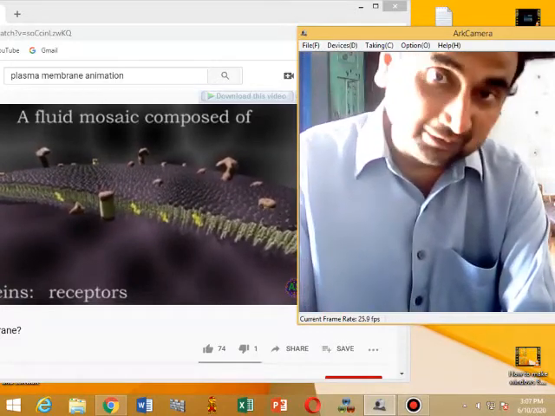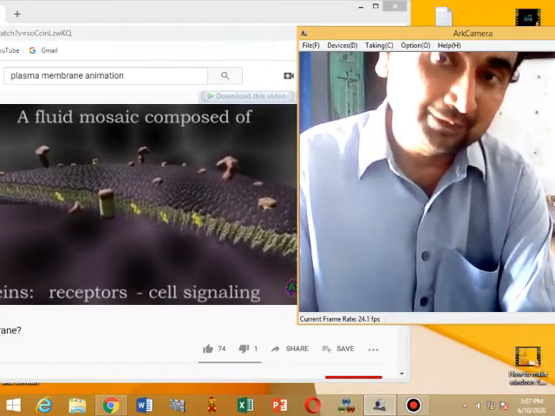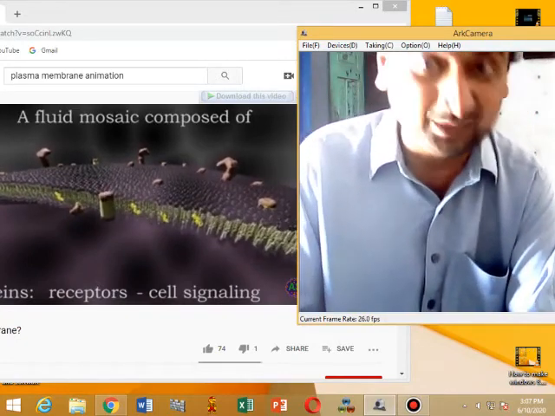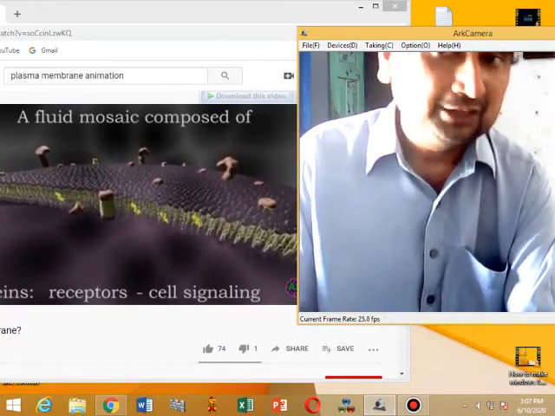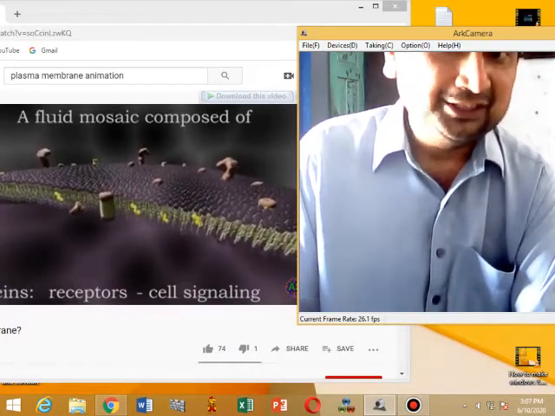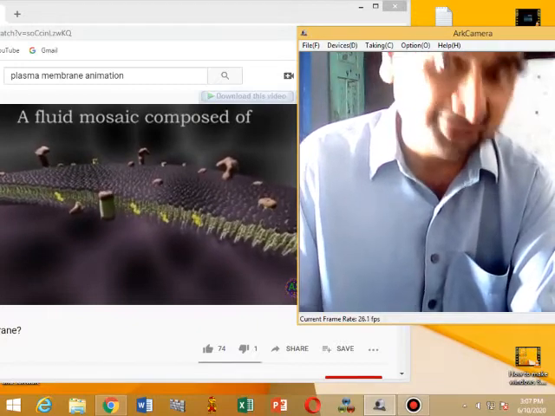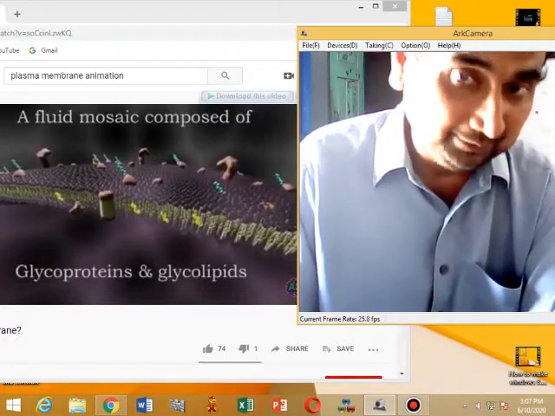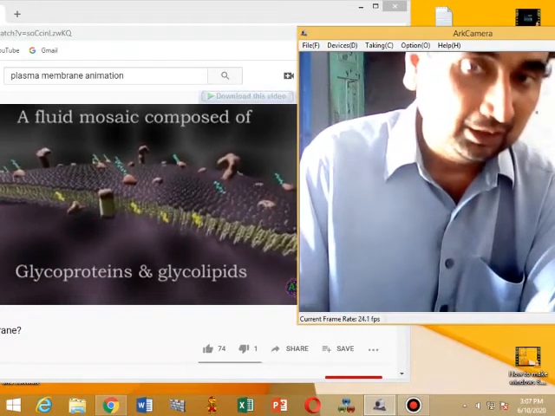The other transport of materials across the plasma membrane is active transport. In active transport, materials move from a region of lower concentration to a region of higher concentration using energy. This energy comes from ATP, adenosine triphosphate. It is the uphill movement of materials from lower to higher concentration using the energy called ATP. These are the two basic transport mechanisms used by the plasma membrane.